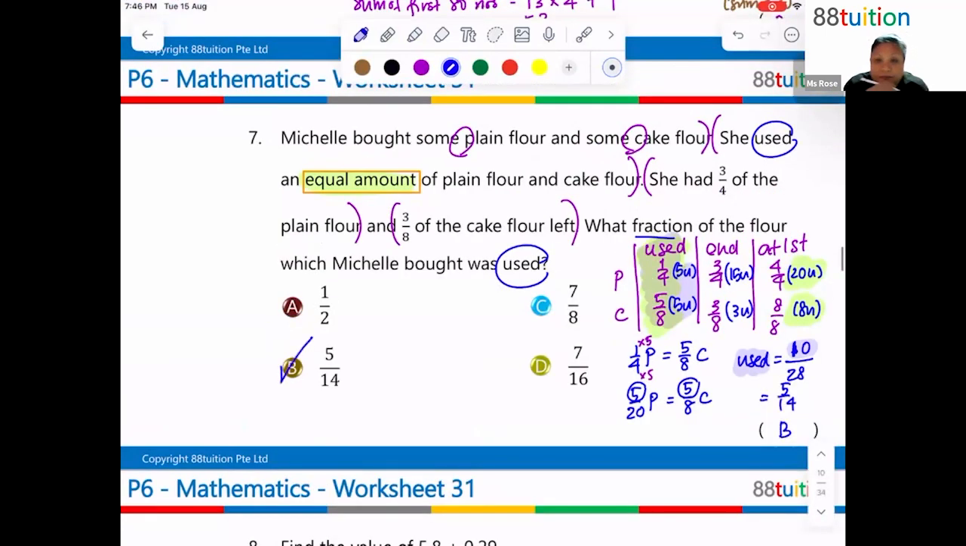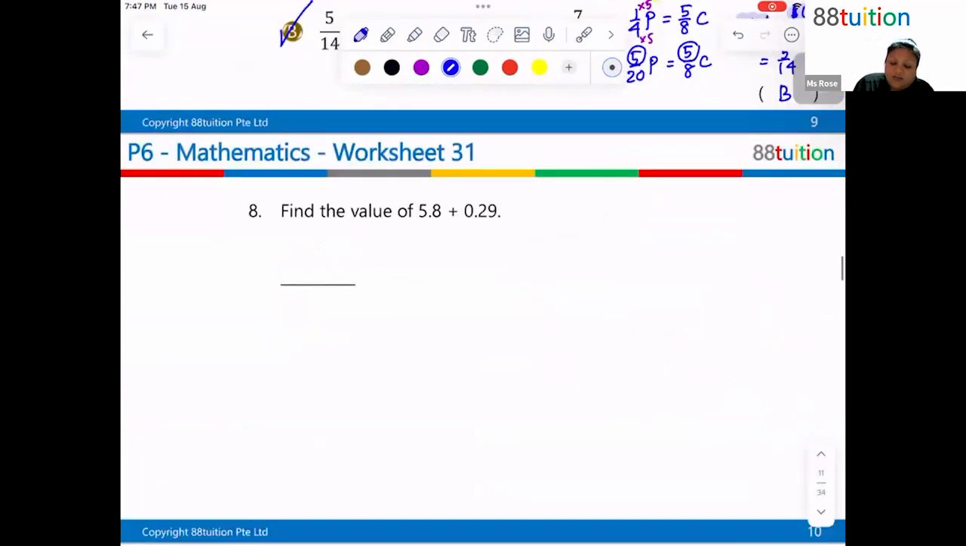Questions, anyone? Okay, so we're done with the MCQ. Now we're looking at booklet B, or the short answer questions. With this, again, still no calculator, right? So you have to make sure that when you're doing purely addition